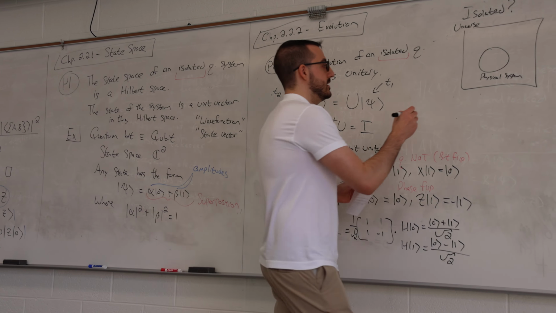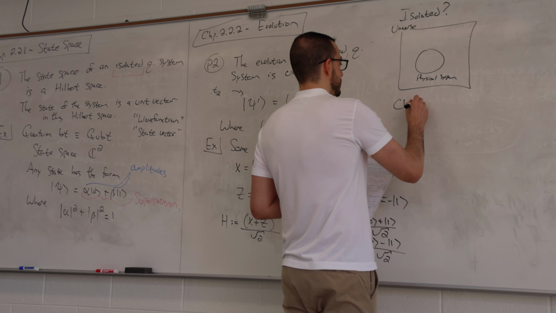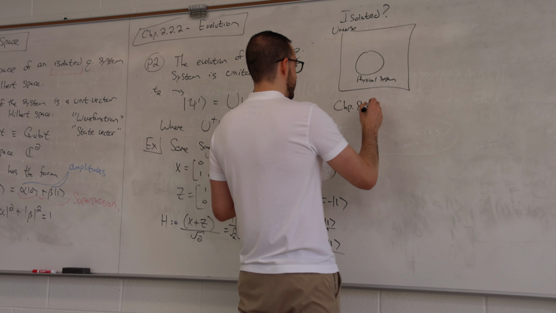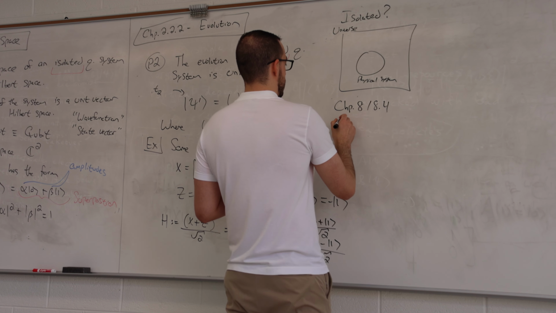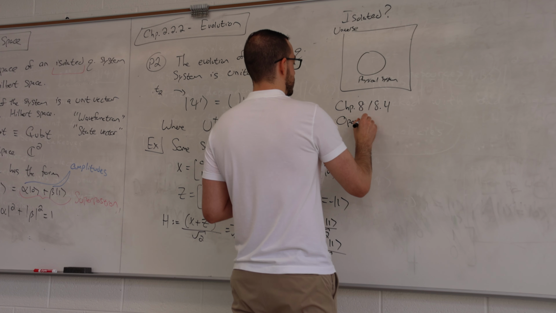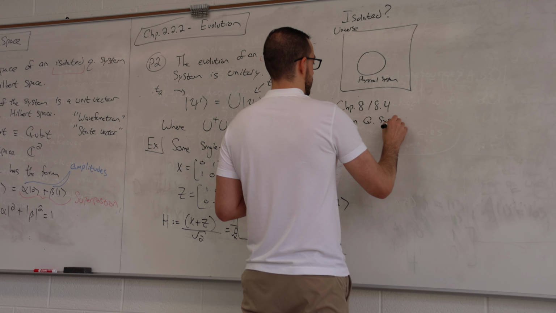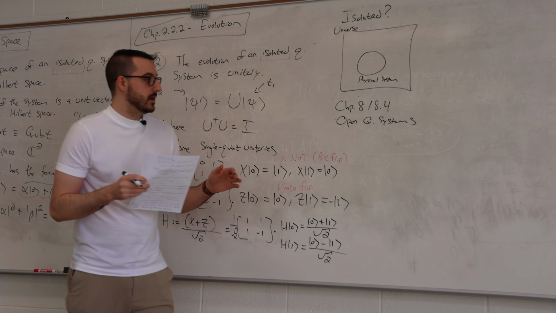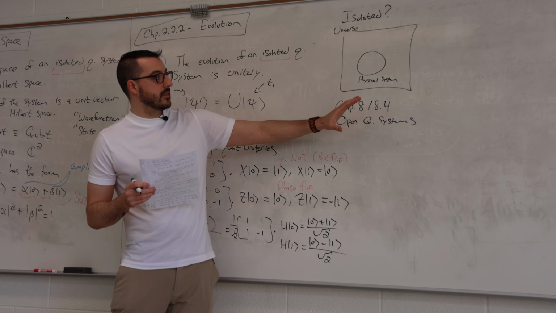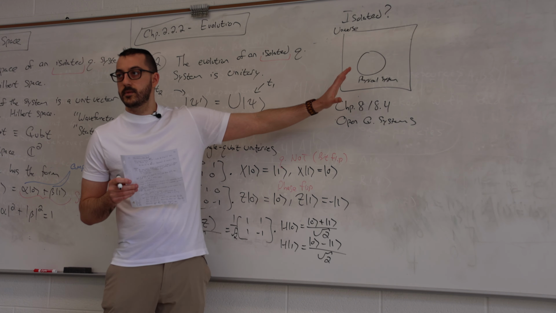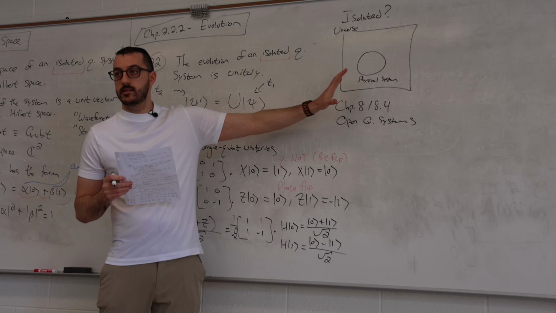But we'll come to see in Chapter 8, and 8.4 in particular, that in the subject of open quantum systems, which is where we treat the system not as isolated, or in other words, closed, but allowed to interact with its environment in some sense,